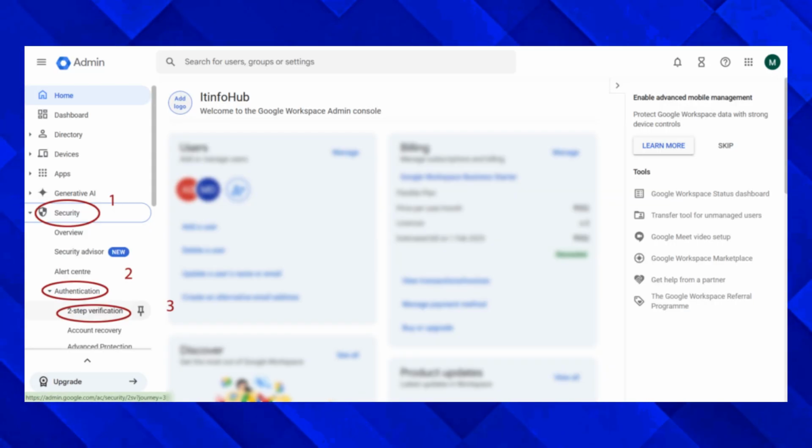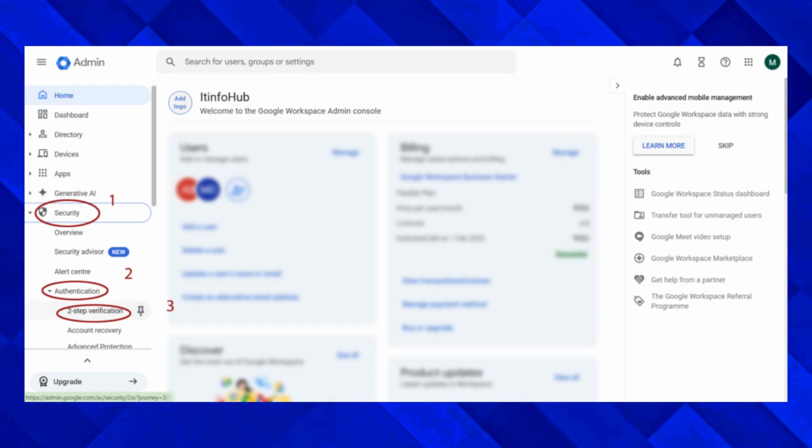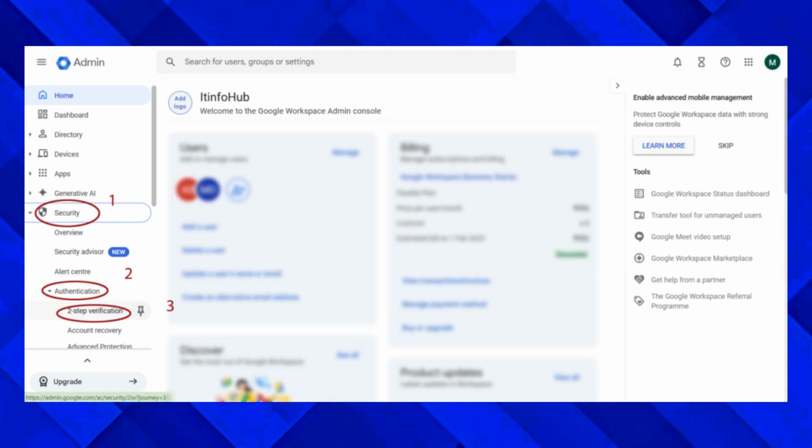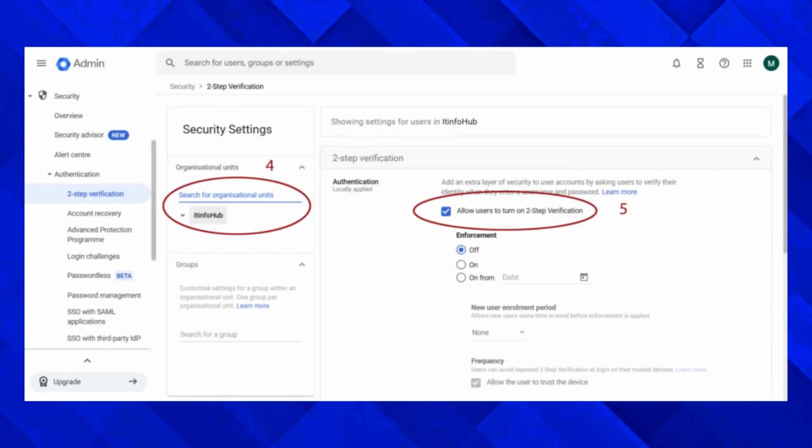Click Two-Step Verification and choose the organizational unit you want to manage, or select the entire organization if you want the change to apply everywhere. Now turn off the setting that allows users to use or to be required to use two-step verification, depending on your organization's current configuration. Save your changes and keep in mind that policy changes may take some time to apply